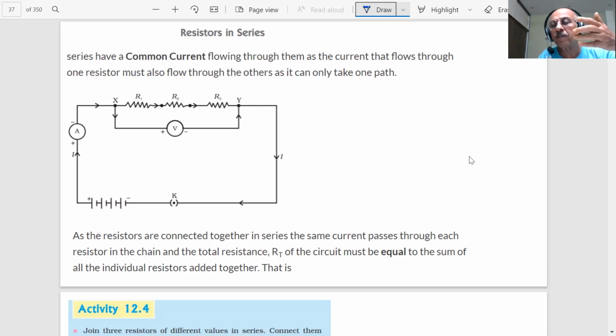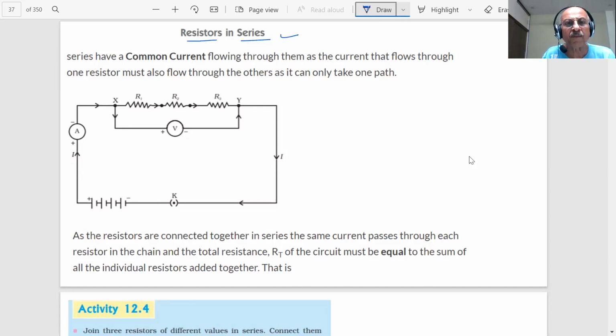And when effective resistance will vary, student, what will happen? Then what will happen to the current? You already see current depends on the effective resistance, students. So different currents will be flowing. So let us try to find out, student, what we find if we connect resistors in series.